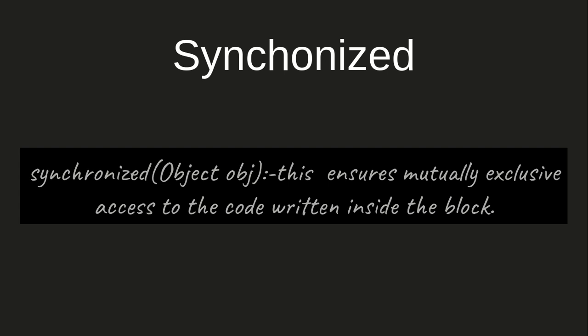In the synchronized keyword, you provide an object on which a lock is taken. As you should know, or should go study, on every object there is an intrinsic monitor on which the lock is taken. So this ensures that if you write a part of code inside the synchronized block, generally the critical section of your code on which race conditions occur, that part of code will be accessed by only one thread at a point of time. It is guaranteed by the JVM.